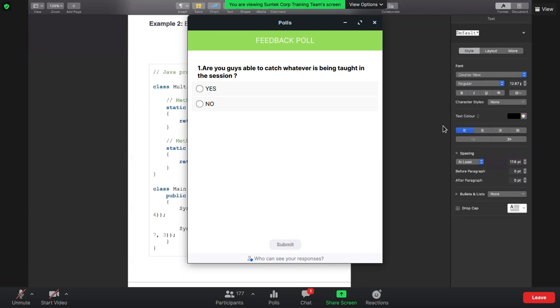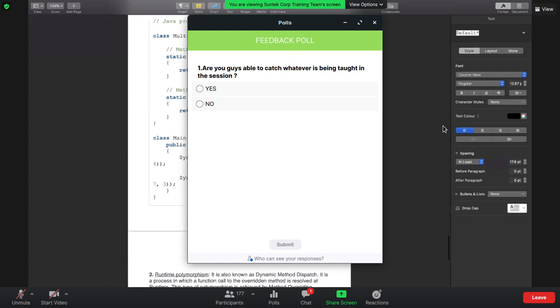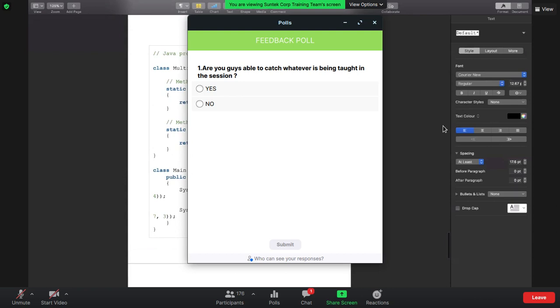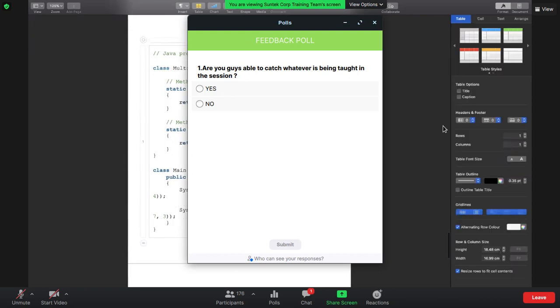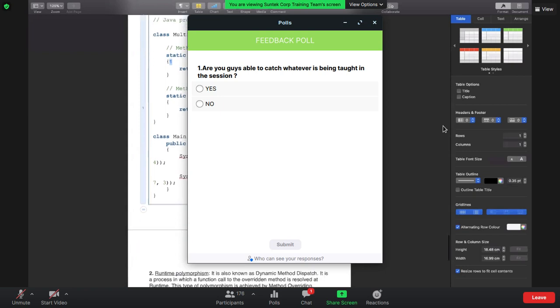Okay, 8 and 42. Okay, good. Correct. So the answer would be the multiplication of these two numbers, because we have the same function, right? And we want to just multiply these two numbers. And apart from this, if we have three numbers, it will multiply these three numbers.